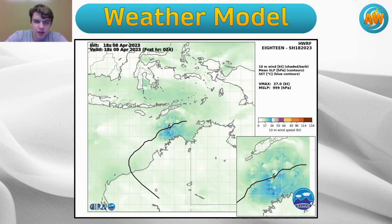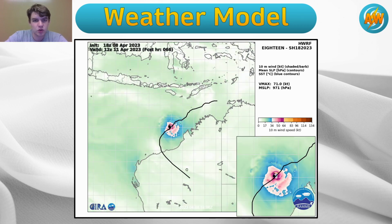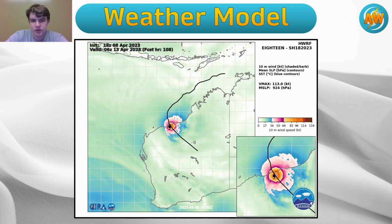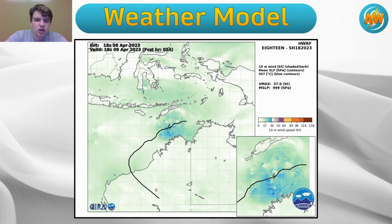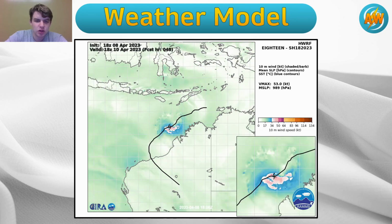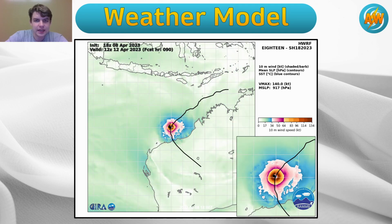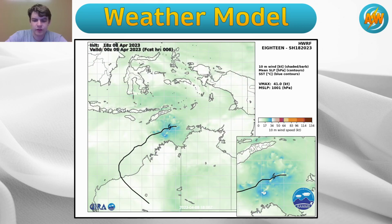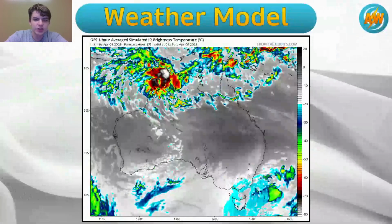So while I don't want to scare people, I don't want to have people freaking out, I want you to know this is going to be a very strong storm. And regardless of whether it's a Category 3, 4, or 5 on the Saffir-Simpson or Australian scale, this is going to be a high-impact storm as well. So I just want to strongly message, high impact is going to occur from this storm wherever it does make landfall from winds, flooding, and storm surge. However, we don't know exactly where that's going to be yet, and there are a few things you can do here to prepare. Before we talk about that, though, let's take a look at what this storm could look like